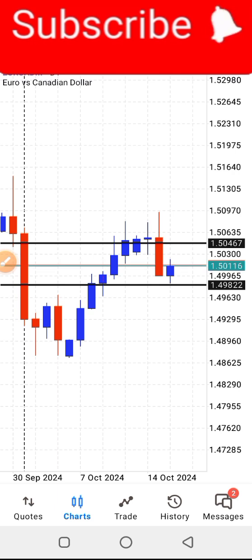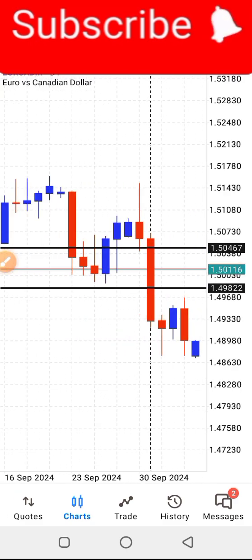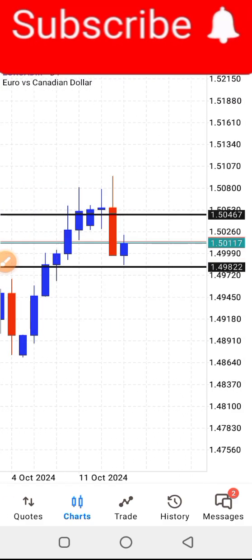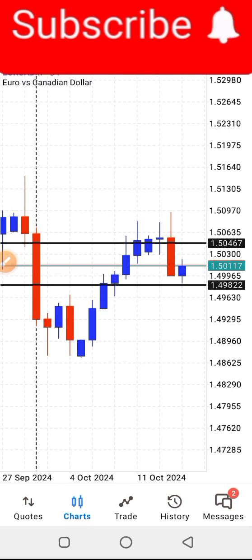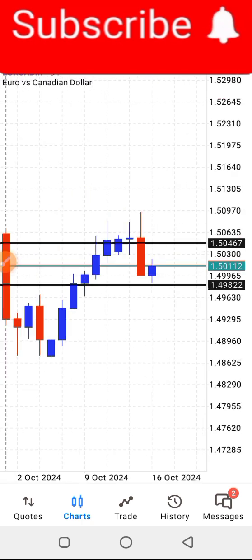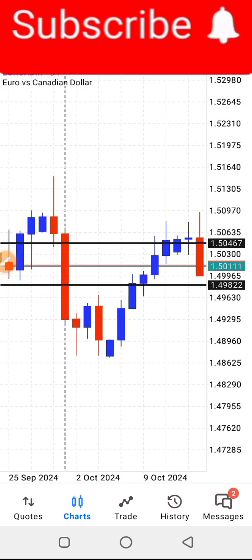Very, very important. Okay, so it's good to trade with a bias, and that bias should come from a higher time frame. So I'll be teaching you this on the daily time frame. Right now, this is Eurocard, and this is the daily time frame. So I'll be teaching you how to actually form a bias from the daily time frame and to know where price is going to with an accuracy of up to 90 to 95%. Okay, so without further ado,